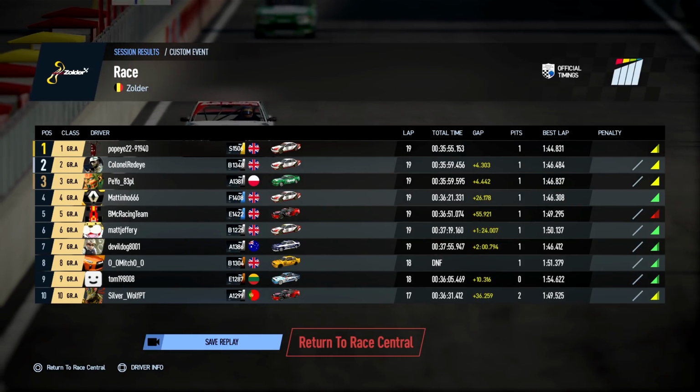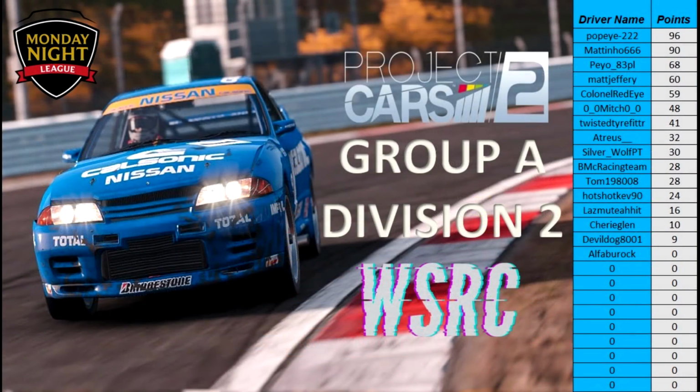Let's take a look at the league table now. And as you can see, we've been demoted to 2nd place now, as Popeye has taken a 6-point lead into the next round. Then we've got Payout on 68 points, Matt Jeffrey on 60, Colonel Red Eye with his 2nd place moves up to 5th place and makes that his own pretty much on 59 points. Then we've got Mitch on 48, Twisted Tyre Fitter on 41, Atreus, of course, who wasn't there for this round,